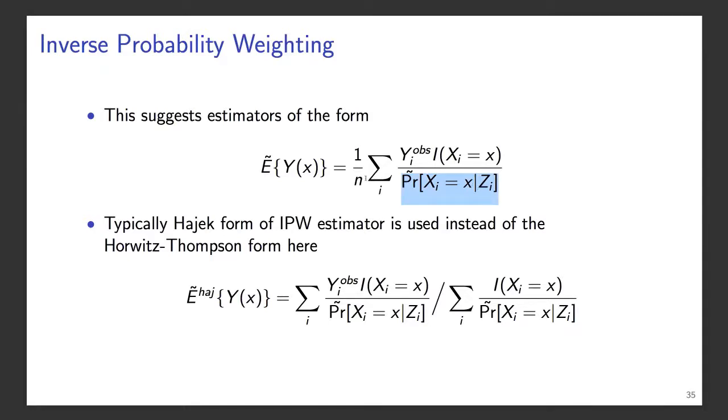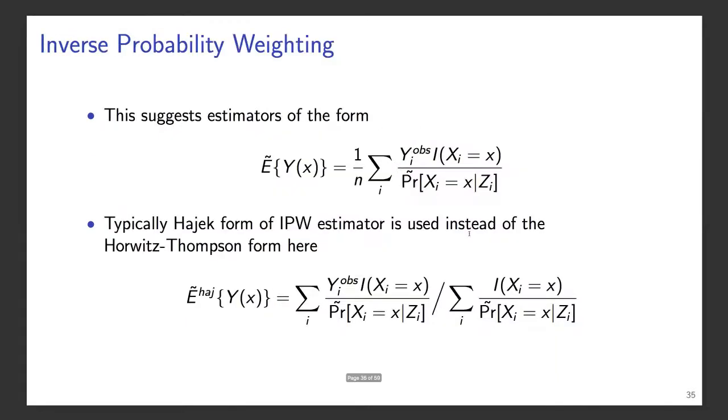If you're familiar with survey sampling, this has a kind of Horvitz-Thompson type form. These estimators tend to be quite variable. And so what's often done instead is a Hajek type estimator is used, which basically replaces the 1/n out front with a piece that's more stable, or results in an estimator that tends to have less variance.